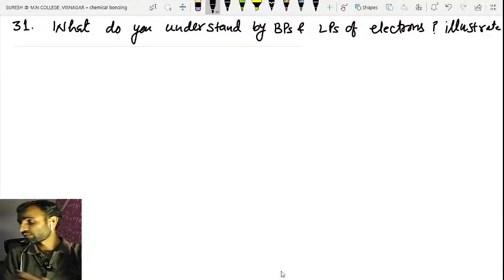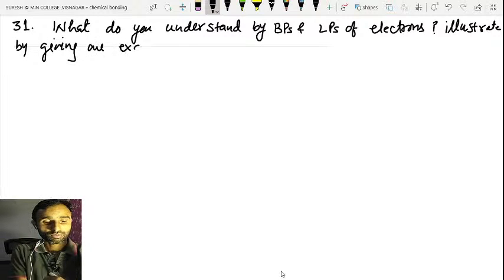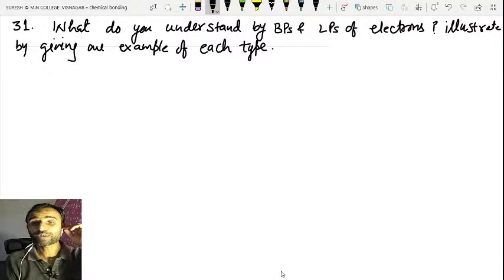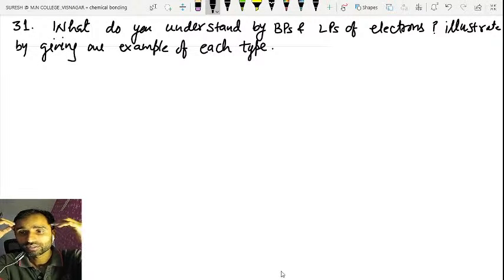Illustrate by giving one example of each type. Yes, tell me, what do you mean by bond pairs? When there is a formation of a bond, there is a shared pair of electrons between two atoms, that is called bond pair. And if there is a pair of electrons on the atom which is unshared, that is called